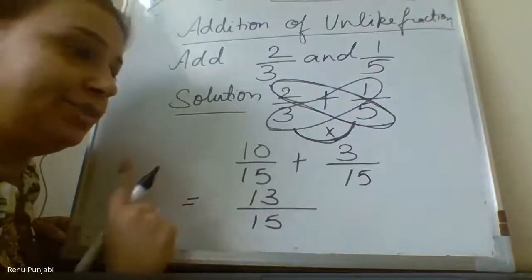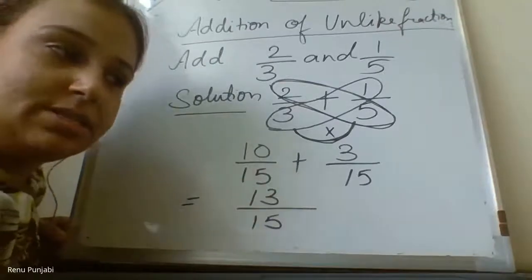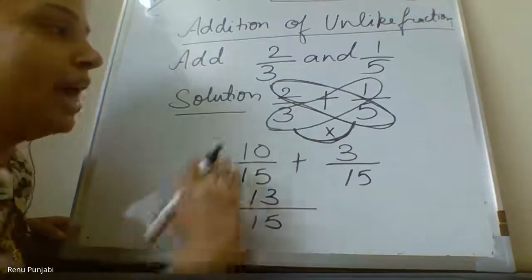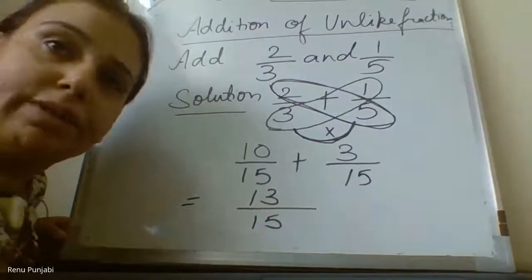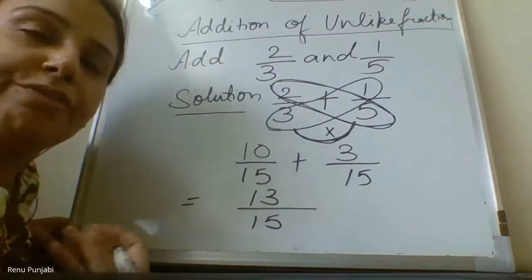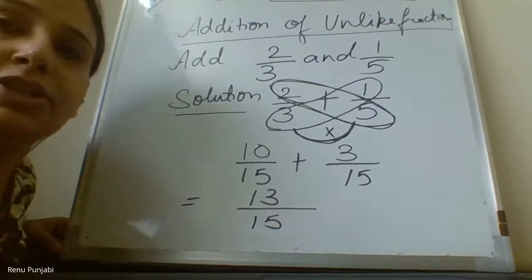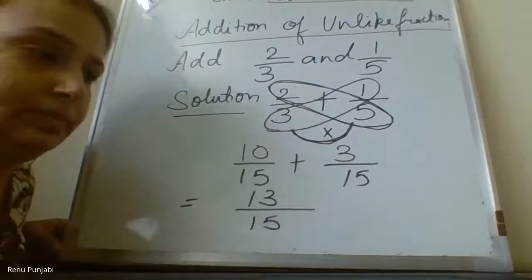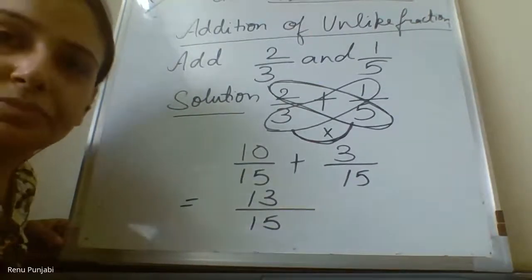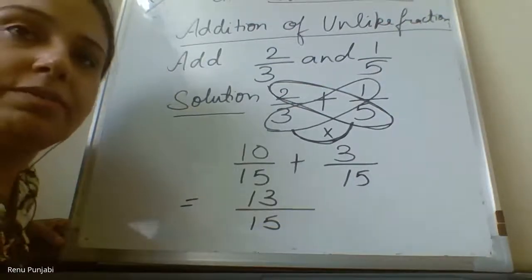After this, we will learn how to add 3 or more fractions. We have learned with 2 fractions how to add them with the butterfly method, which we can do quickly. Please write the answers in your notebooks. After that, we will learn how to add more than 2 fractions with unlike fractions.